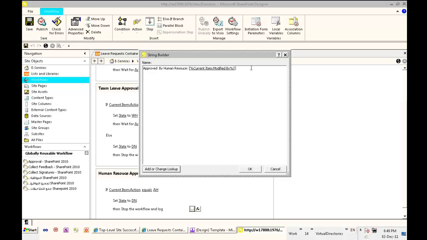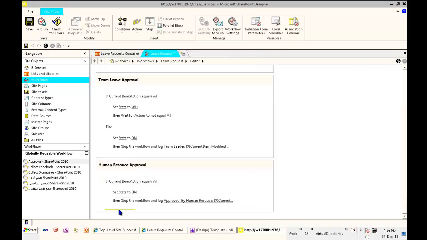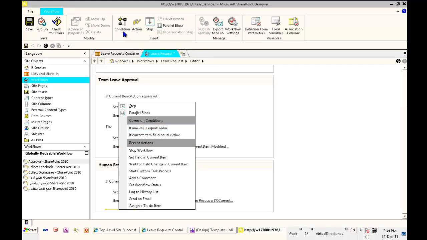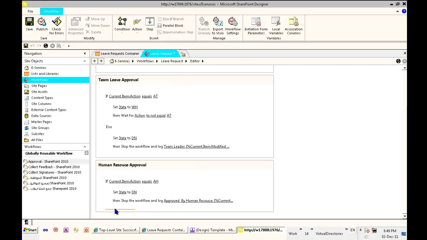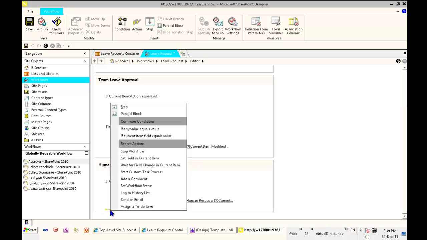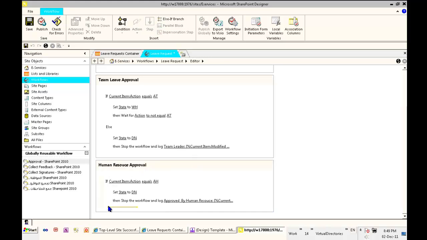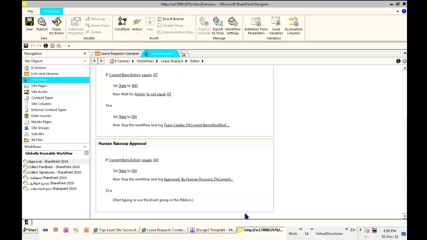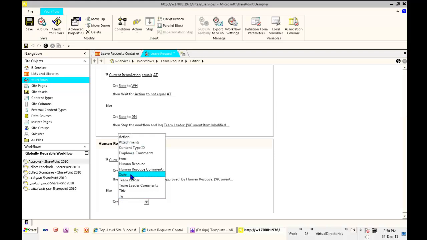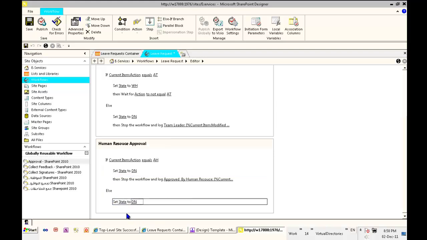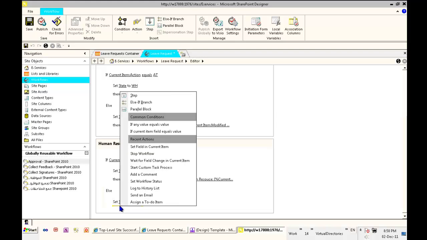Okay, leave approved, for example. Otherwise, add the else block, maybe here, not here, here, else branch. You need to be careful where you click. You also set the state to done, and then you stop the workflow,